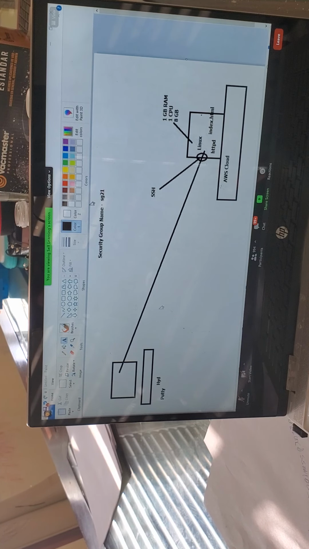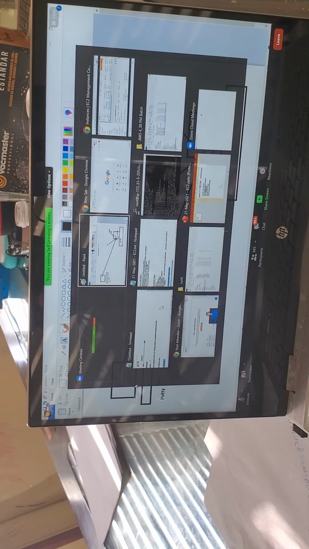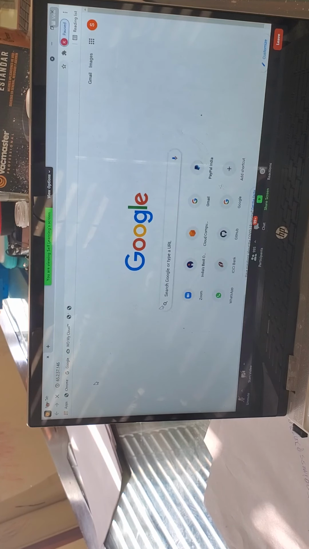Friends, are you understanding? When I'm accessing this particular IP address, the web server will take the request. In response, we should get the web page. What page should we get? The index.html page we already created. You should get that in response. Let's experience it. Are you getting the response? You are not getting the response. Still processing.